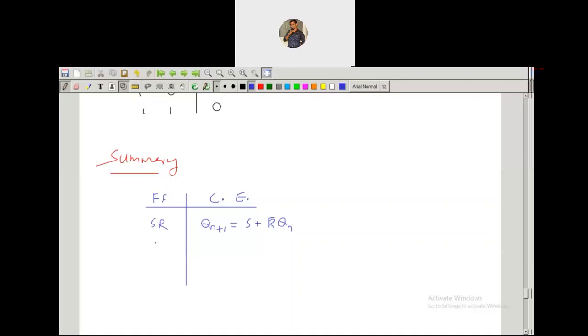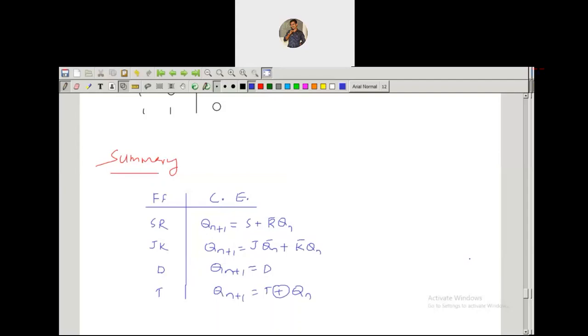For the JK flip-flop, we observed Qn plus 1 equals J Qn bar plus K bar Qn. For the D flip-flop, the data flip-flop, it is the same as D only. And for the toggling T flip-flop, the output will be the XOR operation of T and the present state Qn. So that is the story of the flip-flops.